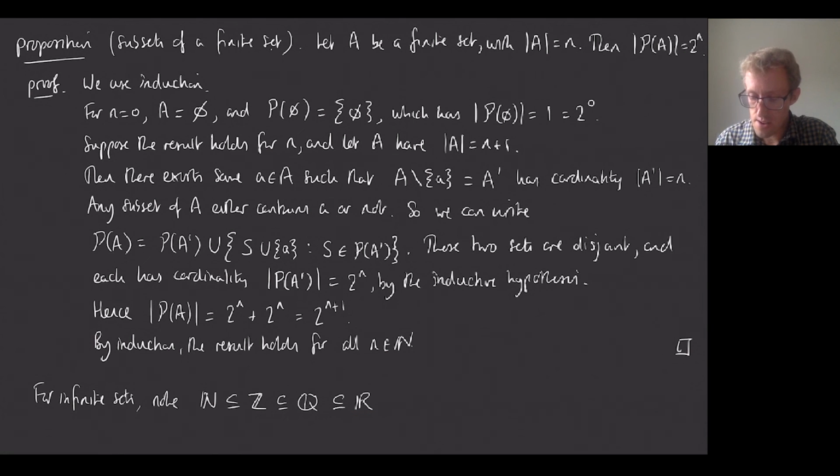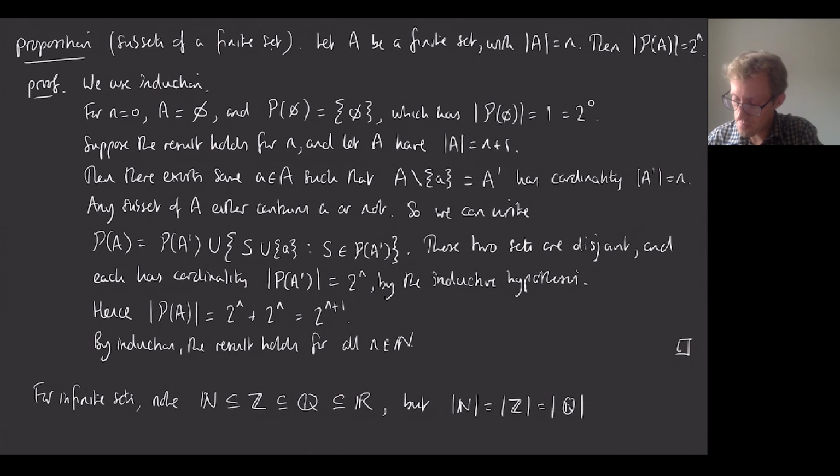So anything that has the same cardinality as the natural numbers is called a countable set. And if it's larger than that, then it's called uncountable. So I'll just say here, the cardinality of the natural numbers is the same as the cardinality of the integers, and that's the same as the cardinality of the rationals, but that's less than the cardinality of the reals. But these things are all infinite cardinals, which is something that I'm not going to go into. Okay, but you will talk a bit more about this in the analysis course.